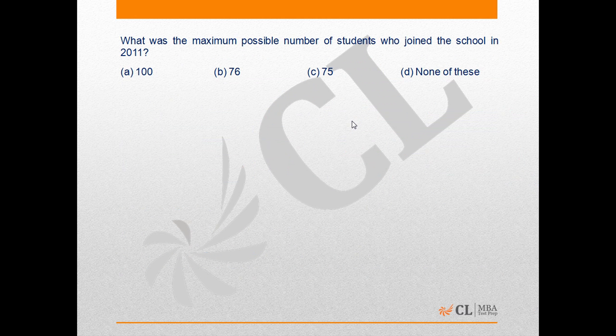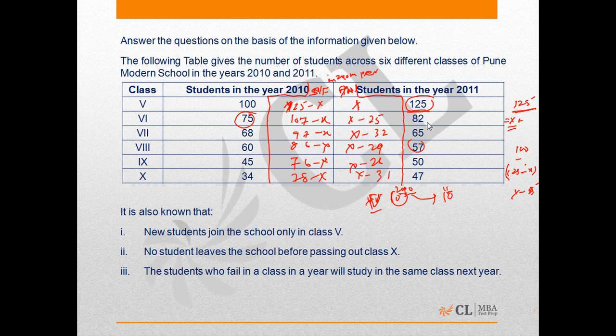Now come to the questions. In the first question, it is asking what is the maximum possible number of students who joined the school in 2011. Basically, we have to maximize the value of X, and if we see the column for number of failed students,